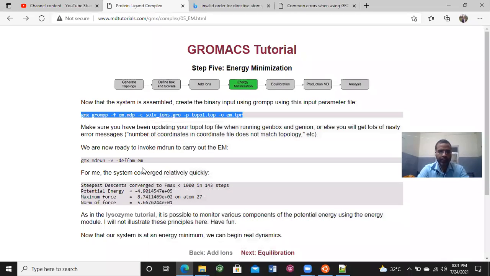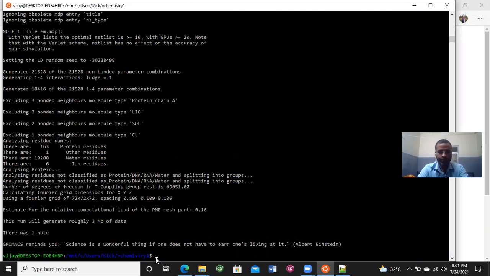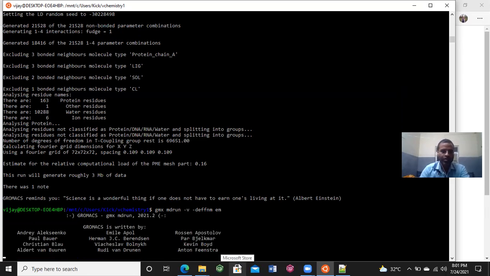Next step is running the MD simulation for the energy minimization, and just copy this command, paste in terminal, press enter. Note that the dash V option here, we can remove it also, but if we put dash V, it means verbose, showing the number of steps going on and how much time this software is taking to calculate the desired parameters. So just press enter and wait to see how much time it takes to minimize the energy.